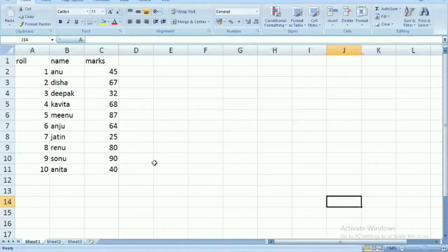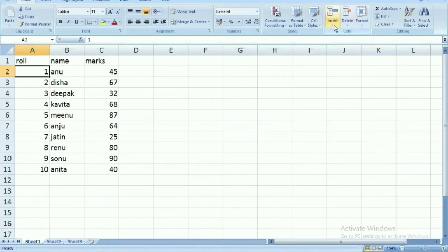Today in this video we will discuss firstly how to insert and delete rows and columns. If I want to insert a row or column, you can see here in the Home ribbon the Cells group.